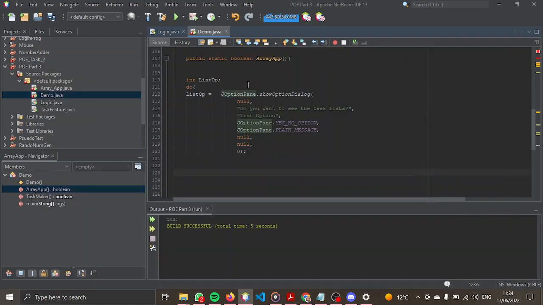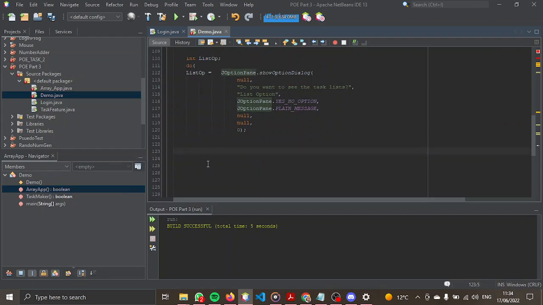So as before, we do another one of these JOptionPane dialogs. But before we do that, we're going to do String. Again, if I'm going too fast, just stop me, Jez. Right now we're going String options is equal to,